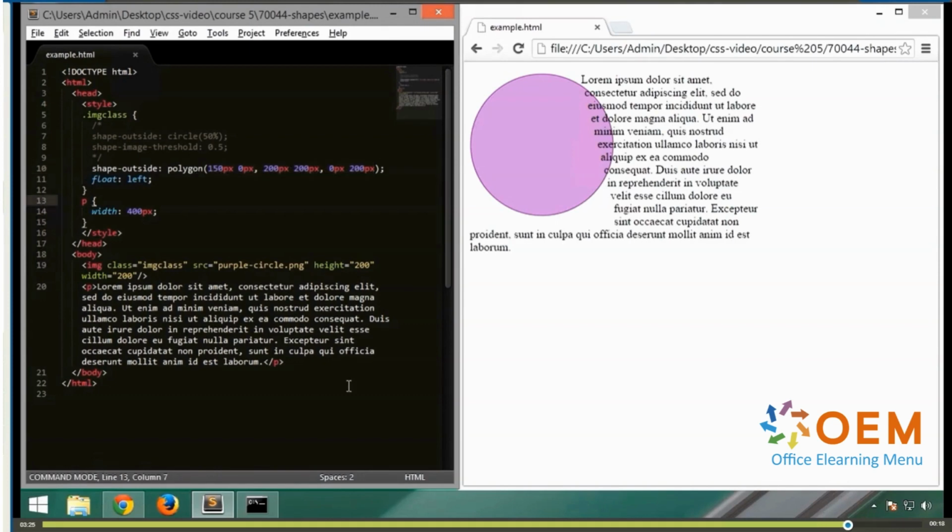We've looked at a couple of very simple examples of using CSS shapes. You can look online and read about all of the features available. CSS shapes provides many